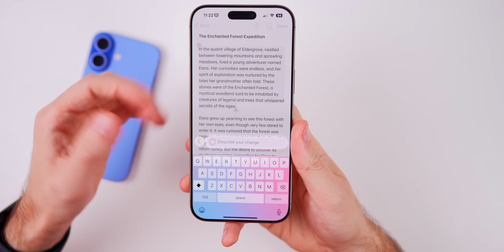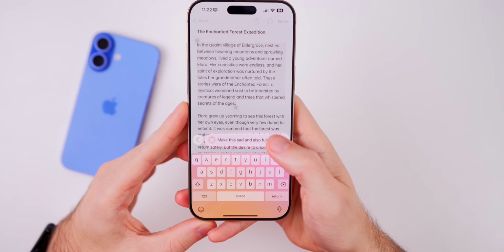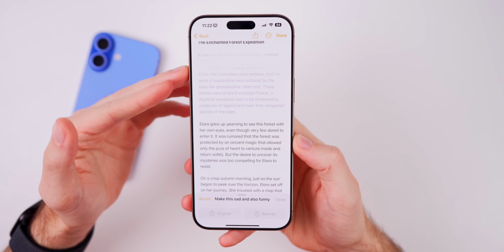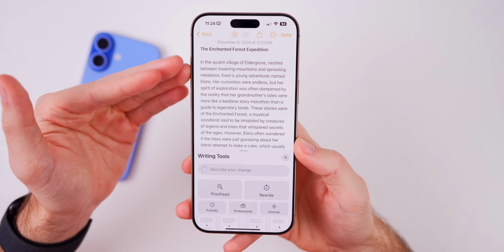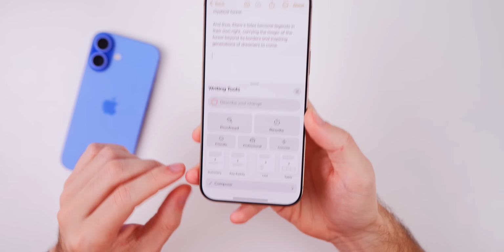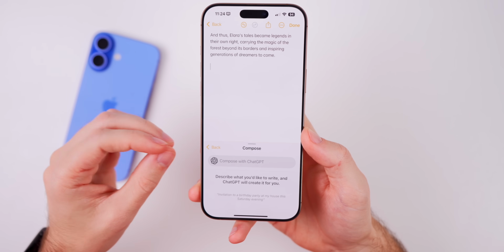So if I want to make this funny, if I want to make this sad, I can put that in. Or I can say make this sad and also funny. And then if I put that in, it will make that paragraph more sad and more funny. So that uses Apple's AI models, but ChatGPT is also here inside of writing tools down at the bottom with a button called Compose. And this allows you to change